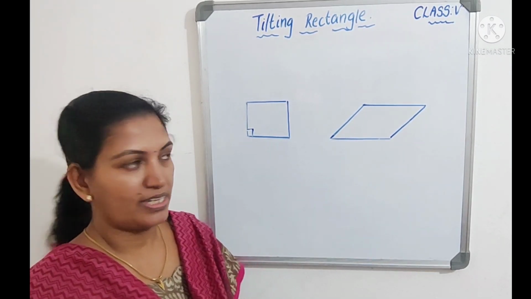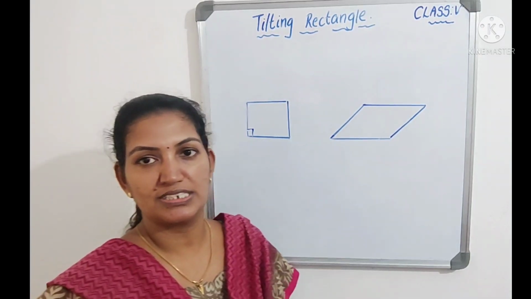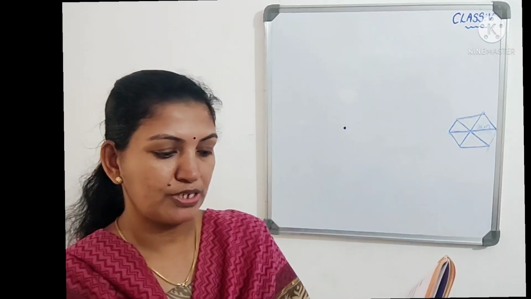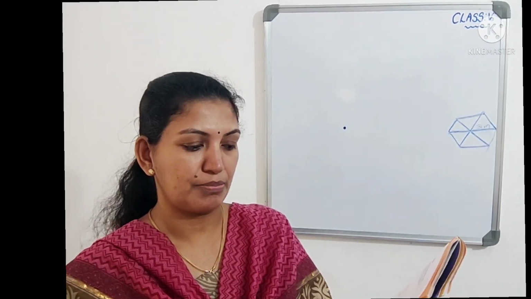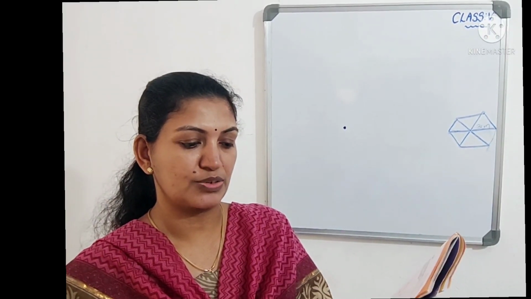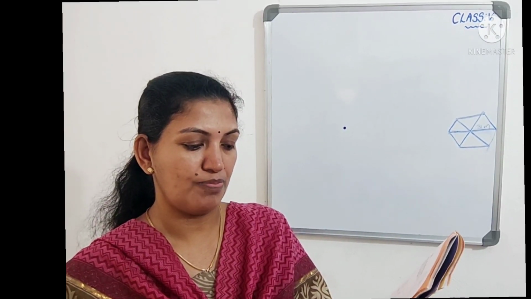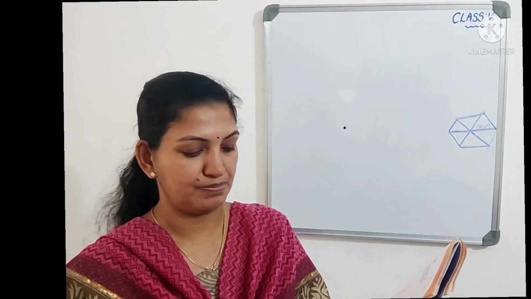Next, in your textbook one question is there. We will do that question now. Page number 27. Rahim put a dot on a paper and drew lines from it using only one corner of a set square to make this picture. How many sides does this figure have? Can you do this in your notebook?